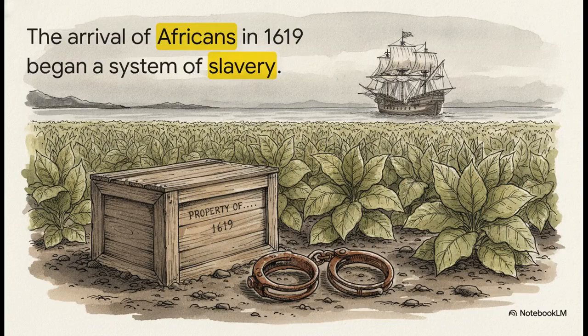But there's a really dark side to this rapid growth. Survival and profitability in these colonies required massive amounts of agricultural labor. As Virginia's tobacco plantations expanded, the demand for workers skyrocketed. At first, they relied on indentured servants from Europe, but plantation owners increasingly turned to enslaved labor. So, in 1619, the first documented Africans arrived in Virginia. It's a tragic, absolute turning point, initiating a system of racial slavery that would deeply shape American history for centuries